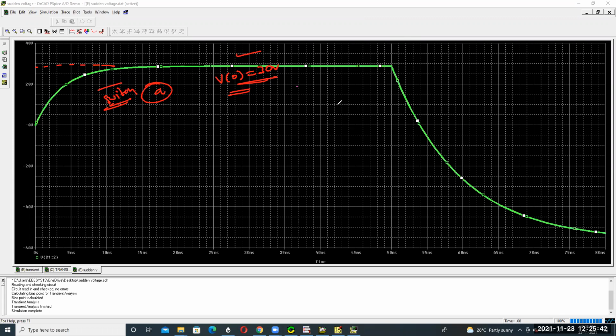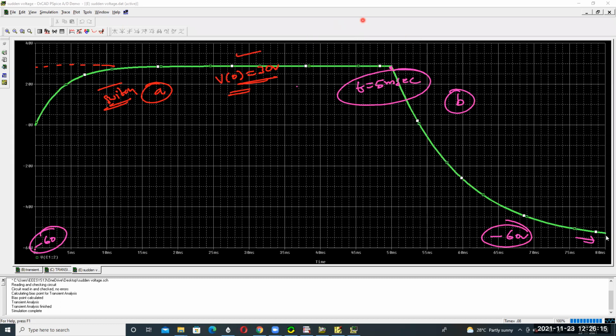After this, the capacitor has finally settled to minus 60 volts. So this is with the switch in position B after the switching action, that is, after t equal to 50 milliseconds. The capacitor is finally settled here at minus 60 volts. So here this is minus 60. That means by changing the scale, you can easily identify where the capacitor settled.